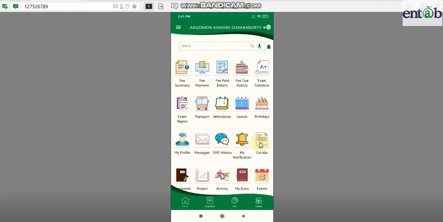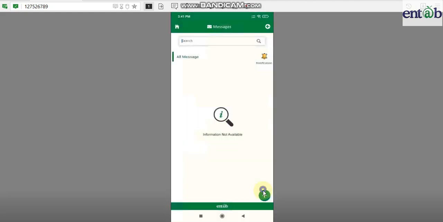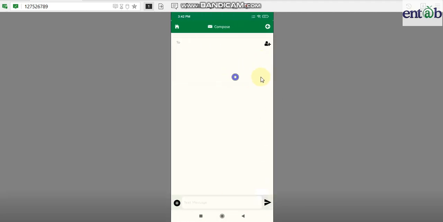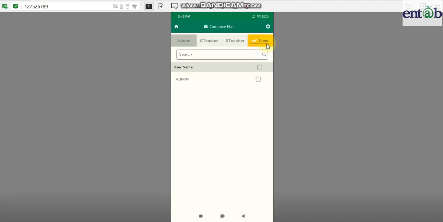Then the next option is messages. Let's suppose as a parent I want to send a message to my respective class teacher or subject teacher. For that you have to go to this messages option. In that you have to click on this plus symbol. After that you have to select the user to whom you want to send the message. From here you can send a message to your ward's class teacher, and accordingly you can also send a message to your ward's subject teacher.